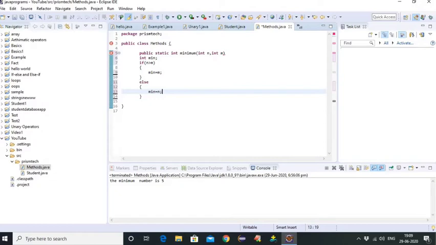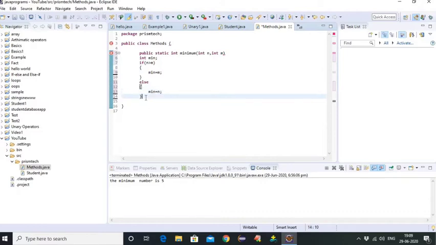So here we check whether 5 is greater than 8. No, false. So coming to this else part, I am transferring the n value to min. So we got the minimum value, that is 5.